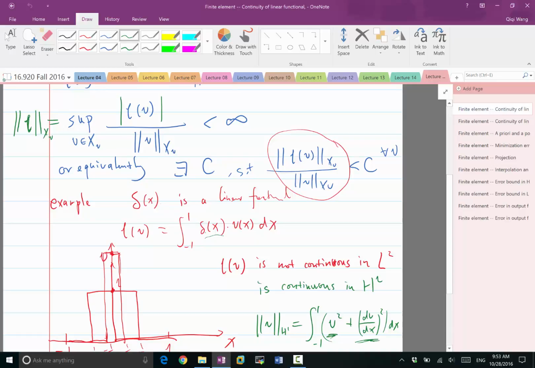I can define this. I can replace the delta function by a step function, for example. That'll be a perfectly valid linear functional, though. Is that what you